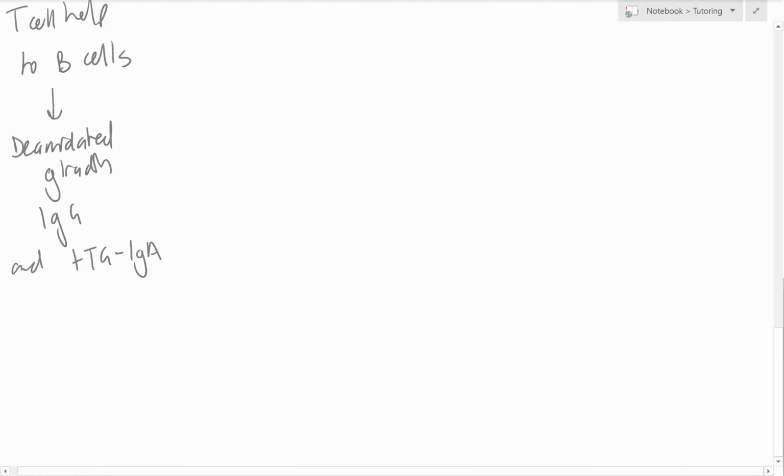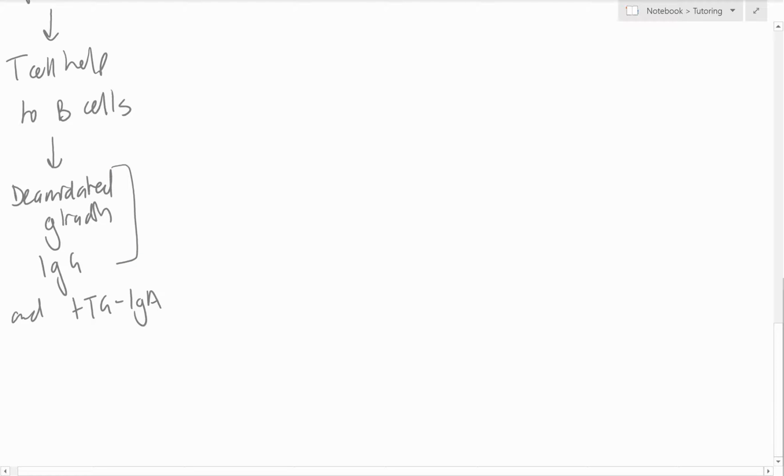Okay, so these are important. The reason these are important, they're not pathogenic, but they are used diagnostically. So when we're testing someone for celiac disease, we can do a non-invasive test, just a blood screen, looking for deaminated gliadin IgG, which is because you get this T cell help. And often what happens is this tissue transglutaminase is often taken up into B cells complexed with gliadin. And so because of that, B cells that are taking up both the gliadin and the tissue transglutaminase